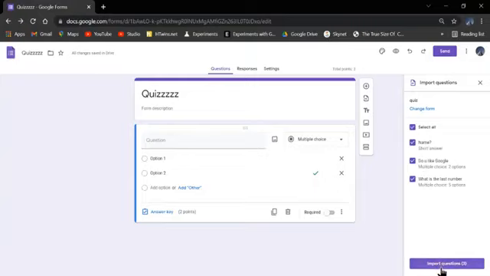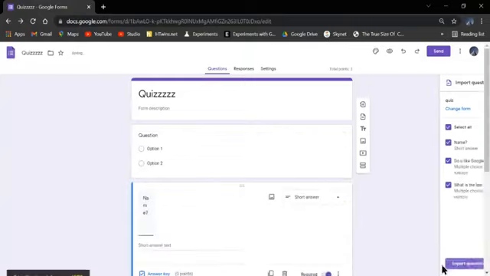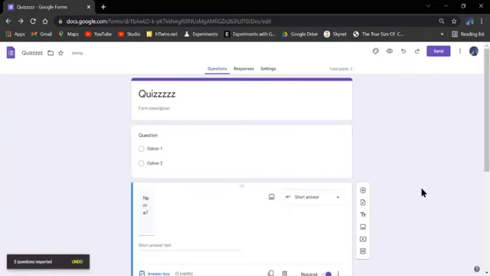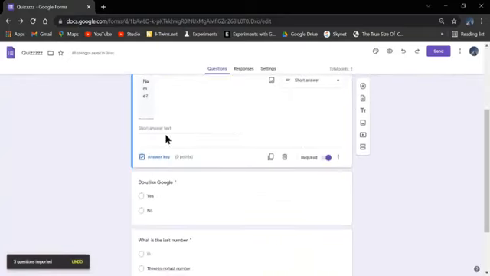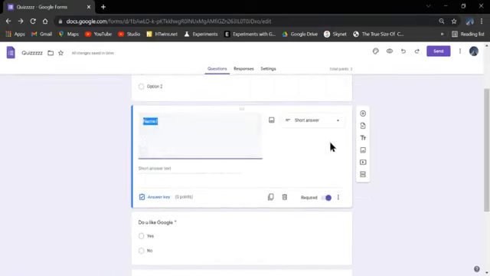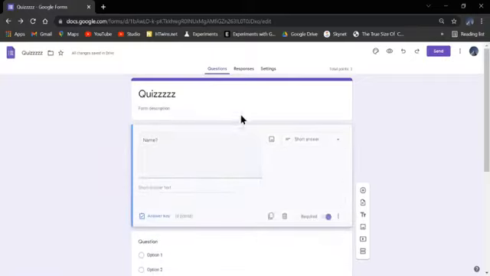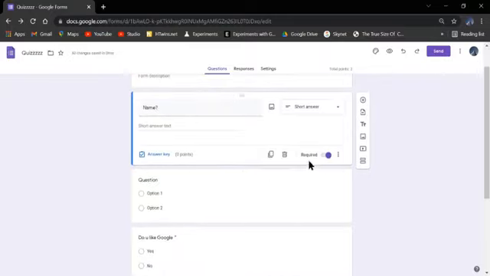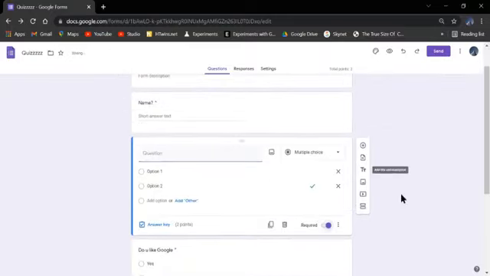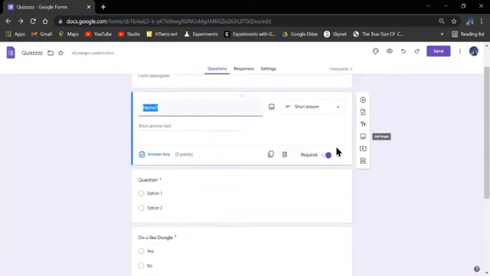And I'm going to click import questions, and it should appear a little bit broken, but yeah, let's move this to the first question, and this won't have any points, although it will be required. This will also be required, and yeah,